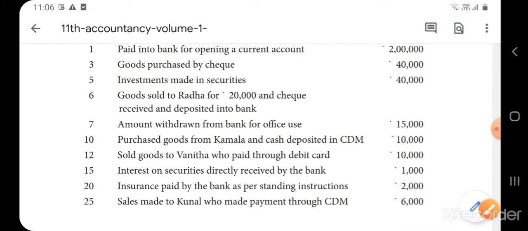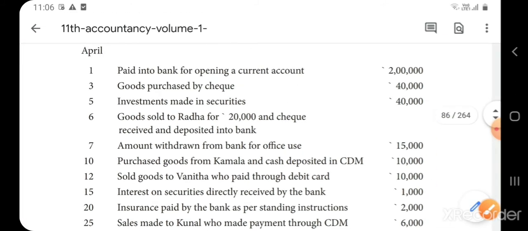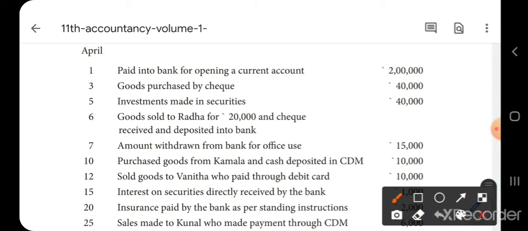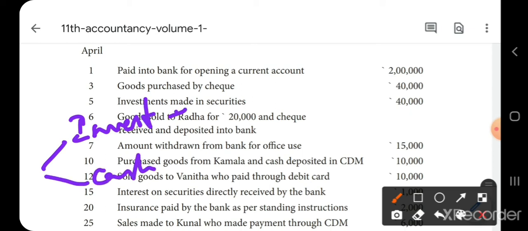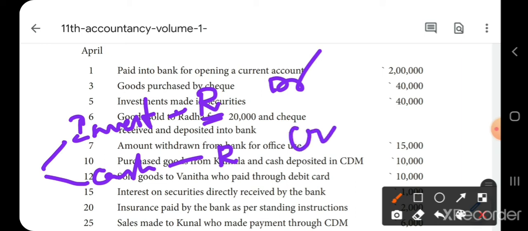Now, investments made in securities. When you make some investments, what is going out? Cash is going out, isn't it? So investment is an asset. So what are the two accounts involved? Investments account and cash account. Investment is an asset. It's a real account. Okay. And cash is a real account. Debit what comes in. So investments is an asset. It is coming in. Okay. So debit investments, and cash is going out. Credit what goes out. So investment account debtor to cash account is the entry.